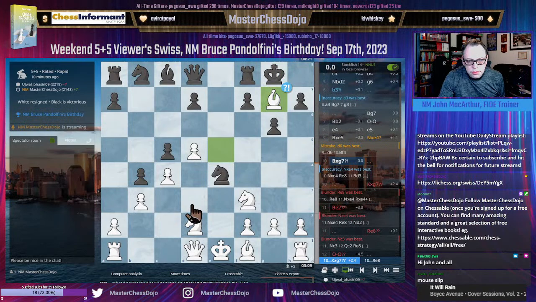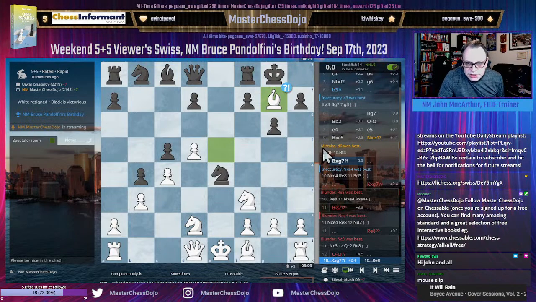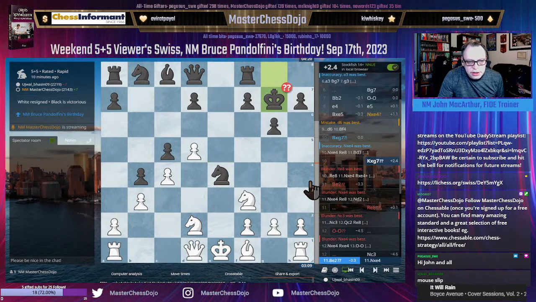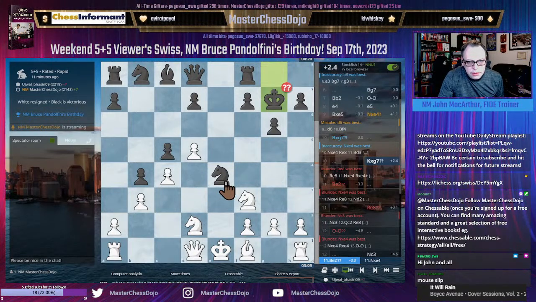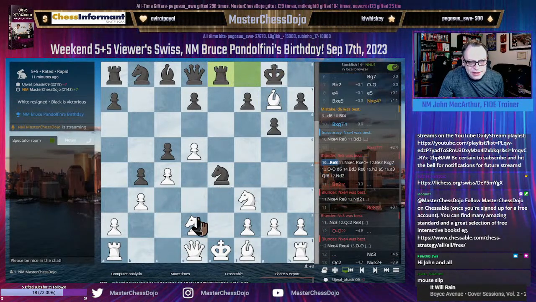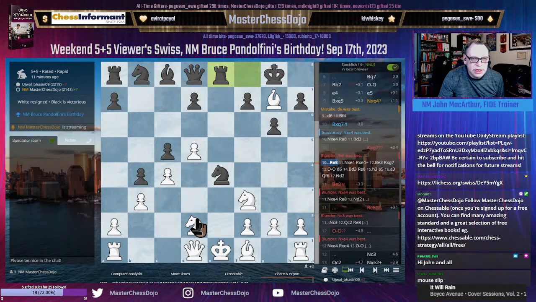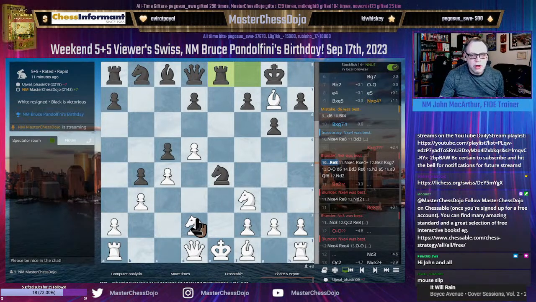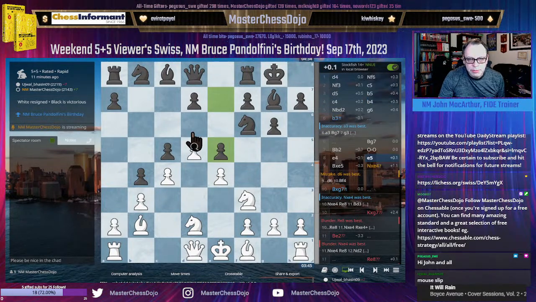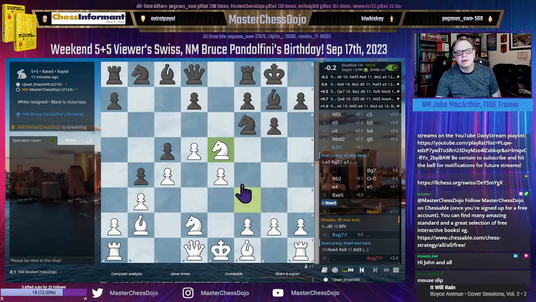Did I have to take? What? It thought king to g7 was a blunder? It thought I had to play rook e8? Ah, yes, I did have to play rook e8. Oh no, my pawn worked out. Let's just see if my ideas after...